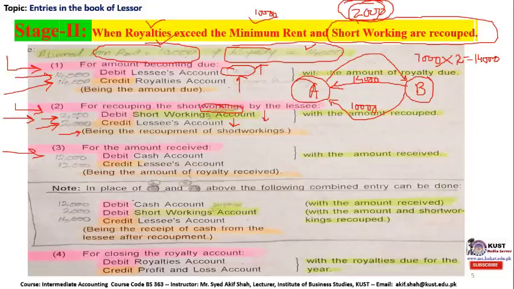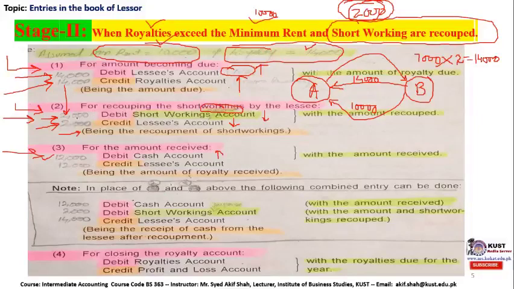So the royalty fee was basically 14,000. However, he has recouped 2,000 out of this. Therefore, the cash received by the landlord will be 12,000 only. And when there is an increase in cash, it is an asset account, and an increase in asset is recorded as a debit entry. So debit 12,000. These values are hypothetical, and what we are discussing is in order to explain these journal entries